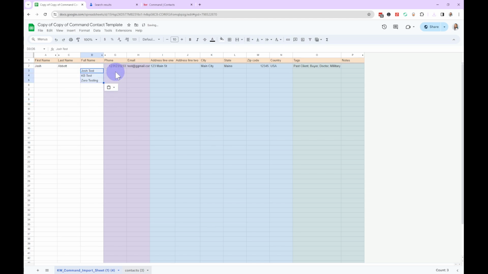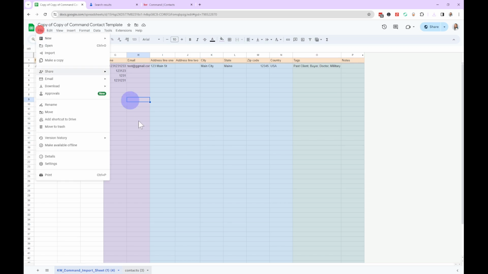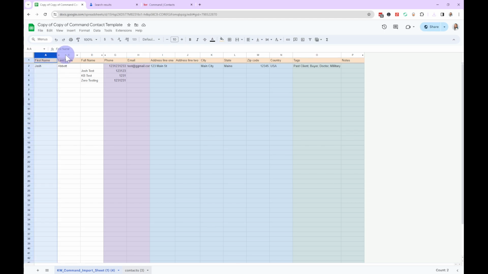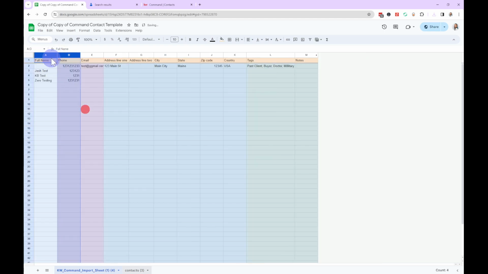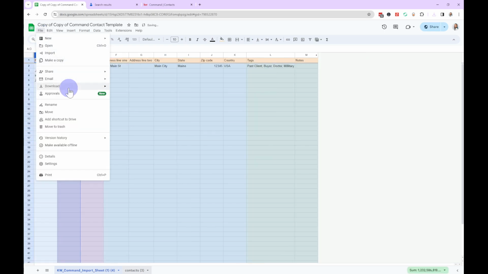Rather, we're going to put those right there. If we had phone numbers, we put that information here, email addresses, and so on and so forth. Now, once you have all this information populated into here, what we're going to do is hit File. Let me actually clean this up real quick. Delete those columns. We're going to do File, Download, and we need to do this as a comma-separated values or